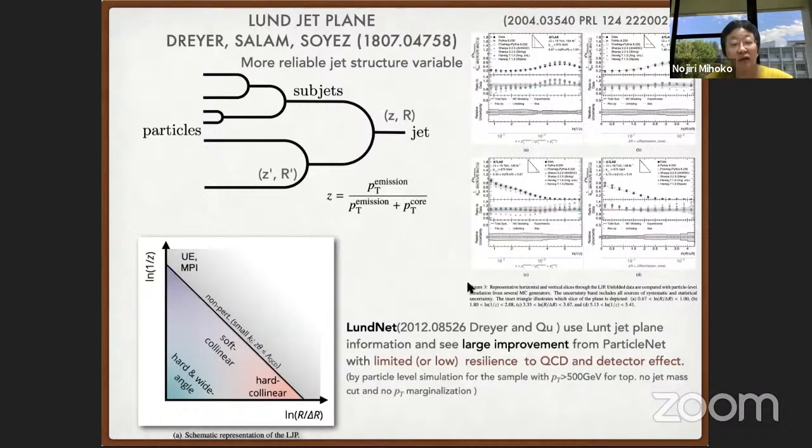This is a kind of visualization of jet space. So you have a jet, and you can go back to the jet clustering sequence and measure the d and the relative angle R. And then you can use this jet clustering sequence projected into this plane of R and Z, and you can regard that this region is a hard and reliable